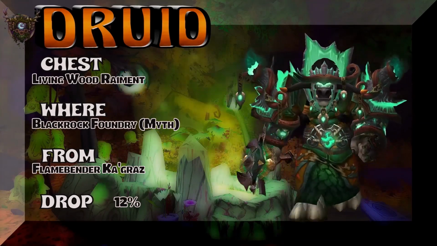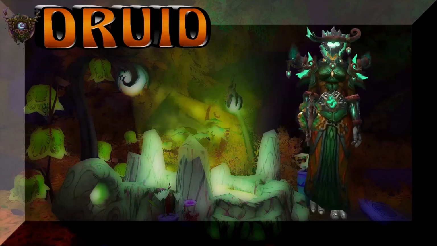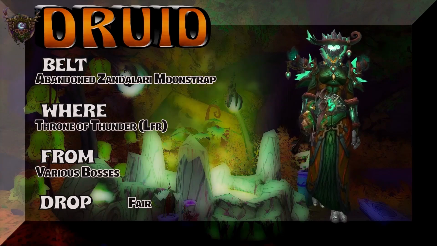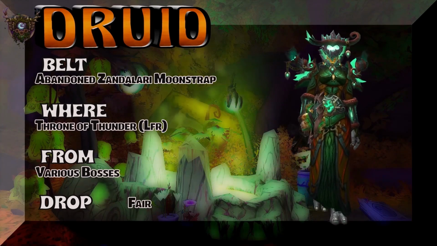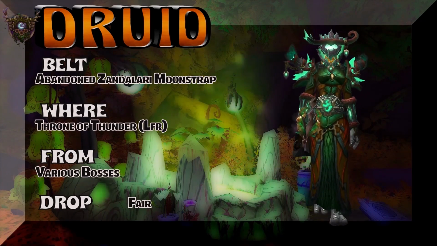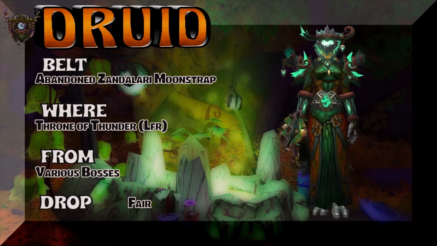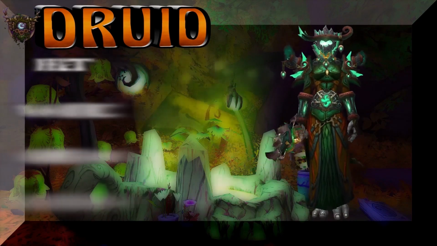There's the boss, 12% on the drop rate to pick up that leather robe. The belt, Abandoned Zandalari Moonstrap, Throne of Thunder LFR version, drops from various bosses, kind of a fair drop rate, but it goes really well with this particular set. Moving forward, the feet,